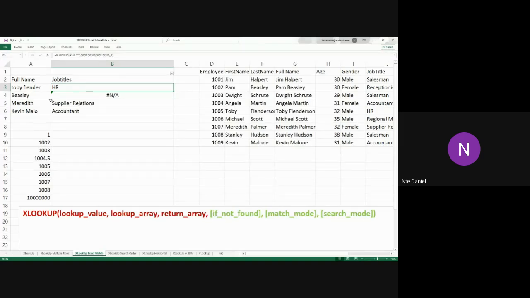So now, if you look at Toby Flender, Meredith, and Kevin Malo, there's a reason why these three worked and this didn't work. If you look at Toby Flender, there's something in front of Toby Flender. If you look at Meredith, there's something in front of Meredith. And if you look at Kevin Malo, there's something in front of Kevin Malo. So the reason why Beasley is returning an error is because Beasley is now the last name. There's nothing in front of Beasley. So in situations like this,